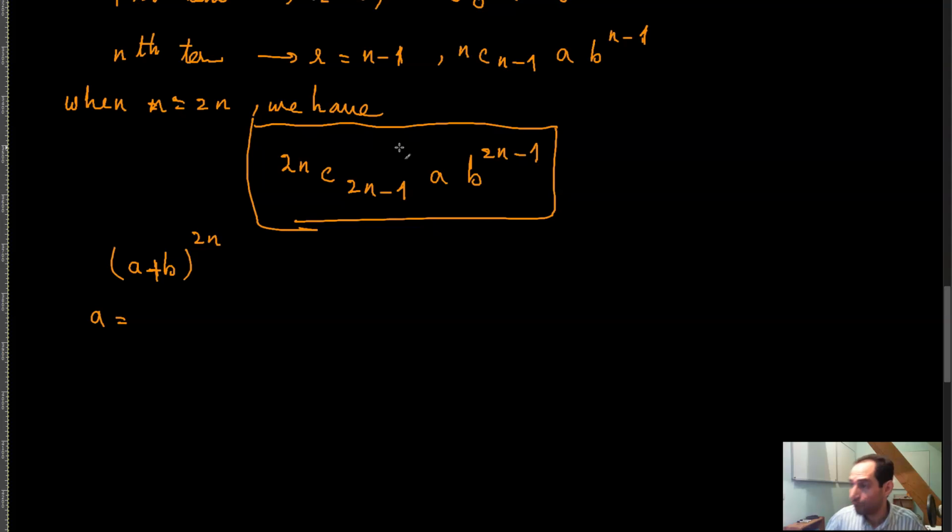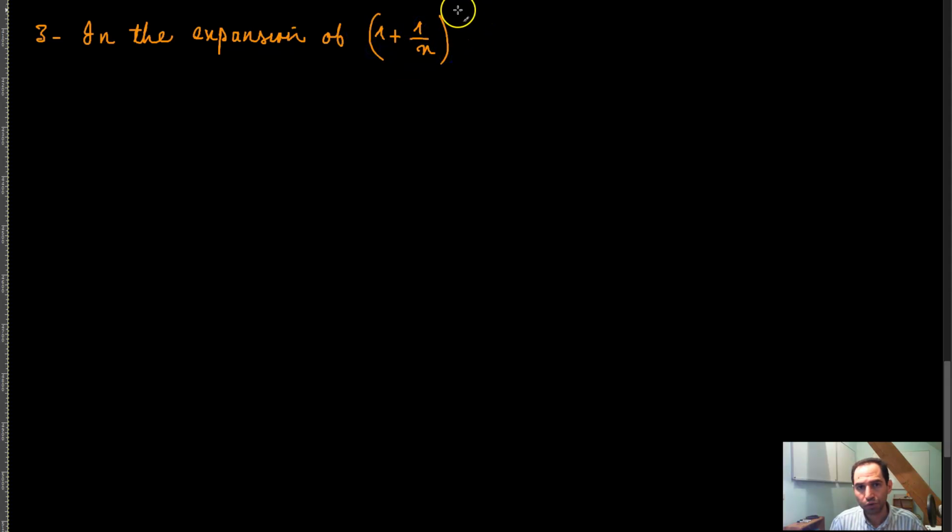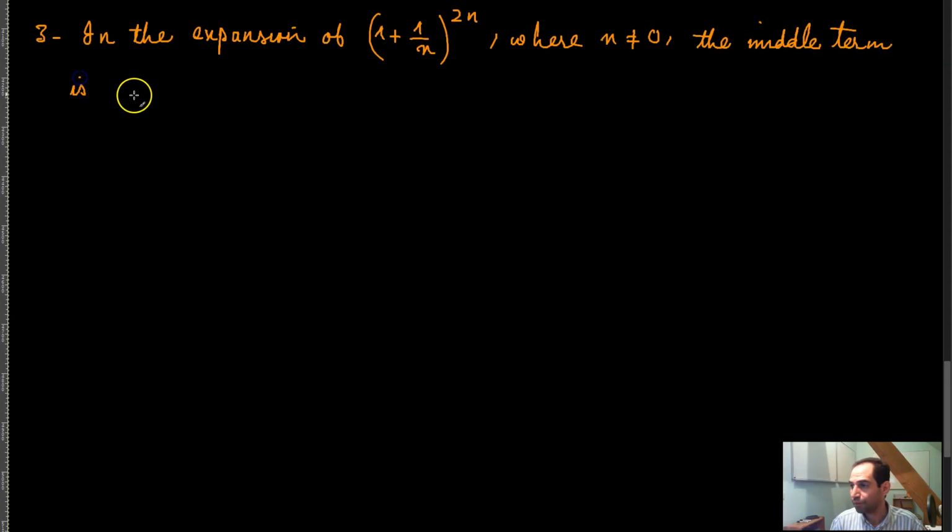Okay, so note number 3. We said that in the expansion of (1 + 1/x) raised to the power 2n, where x is not equal to 0, the middle term is the (n+1)th term, as 2n is even. Now, to understand this,